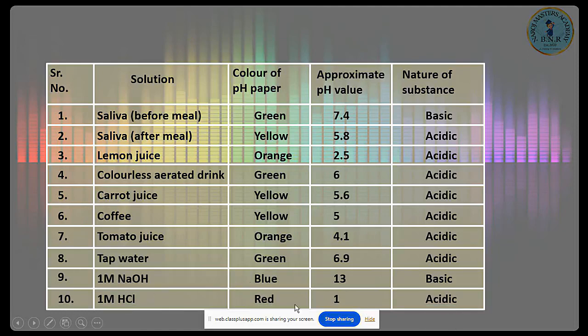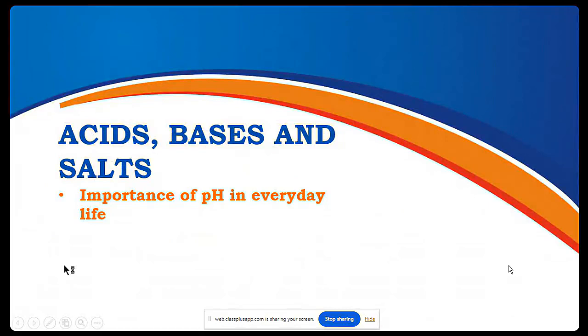And 1 mole of HCl, red, strong acid, pH value is 1, acidic in nature. Is it clear? We will continue in the next session with